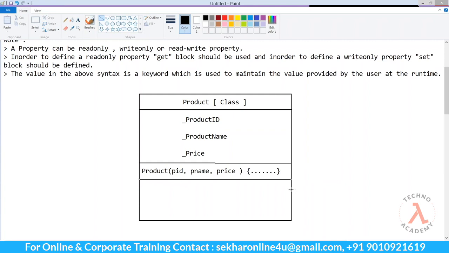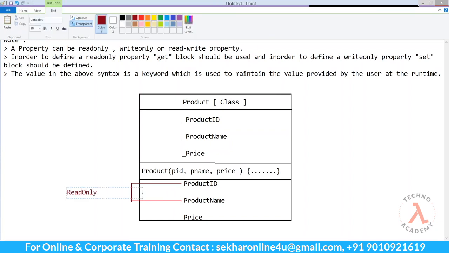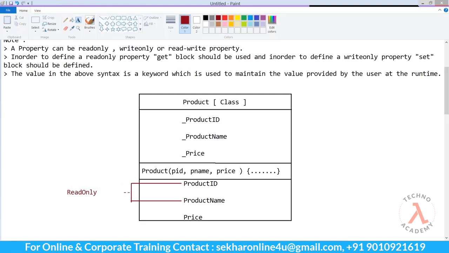Now, say that as per my requirement, product ID and product name should not be changed. For example, if the product name is LG GoldenEye TV, I should not change the product name to Shaker Diamond Eye TV. But assume that the price is not fixed. Then we need to define the product ID and product name as read-only properties.